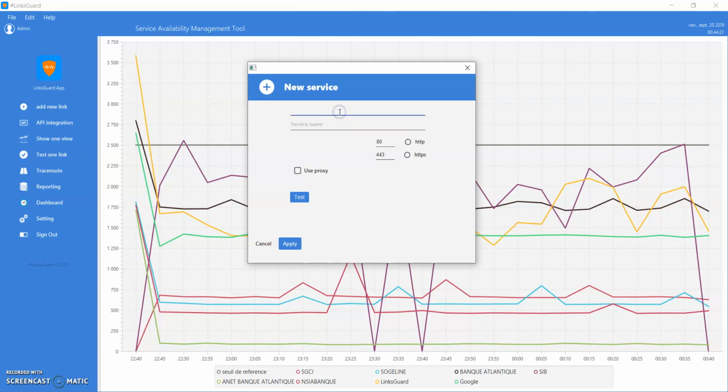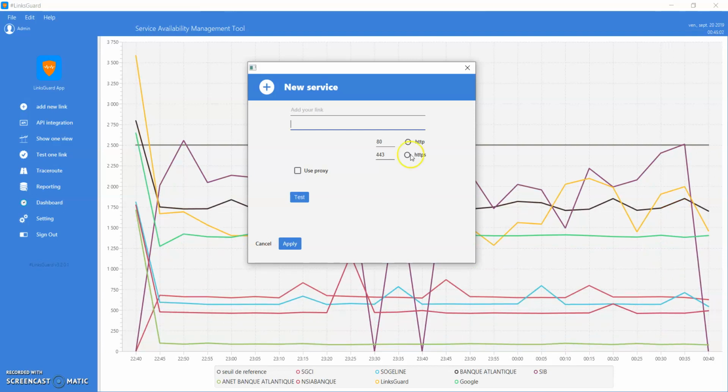I can add the links and the port, because sometimes you can decide to configure your application to be accessible through non-default ports. It can be 81 or 82, or by default 80. Or your link is accessible through the HTTPS protocol. You can specify the default port or you can change it.